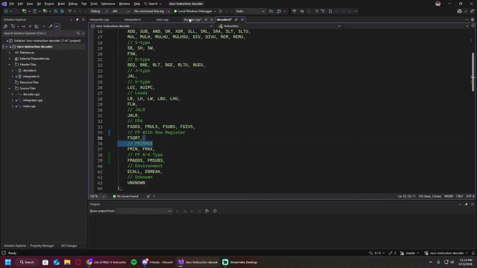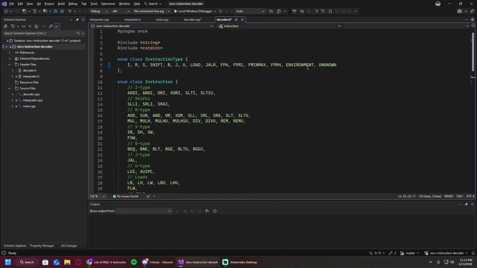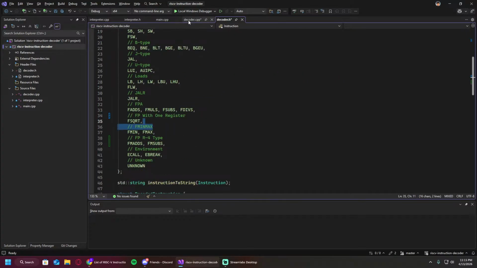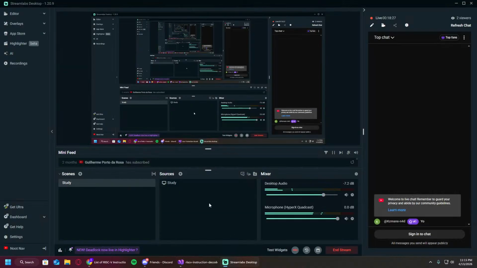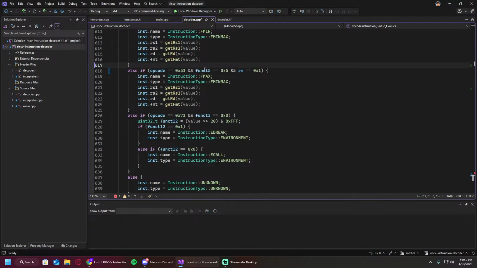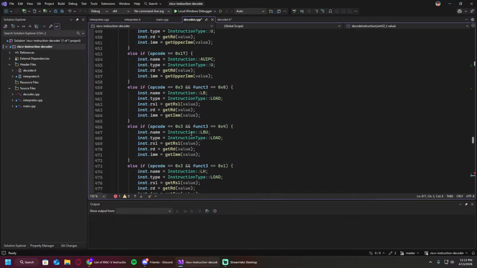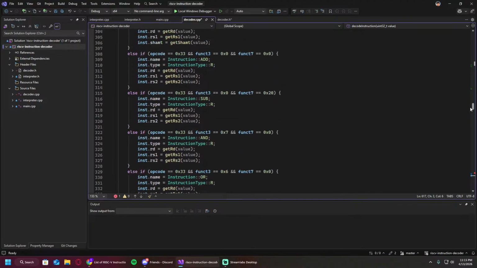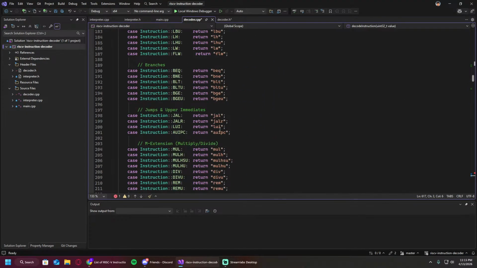So we'll keep these two for now. Okay, so structure FPR4. And it will be in our decoder. We have to change it properly. So in our decoder, we'll have